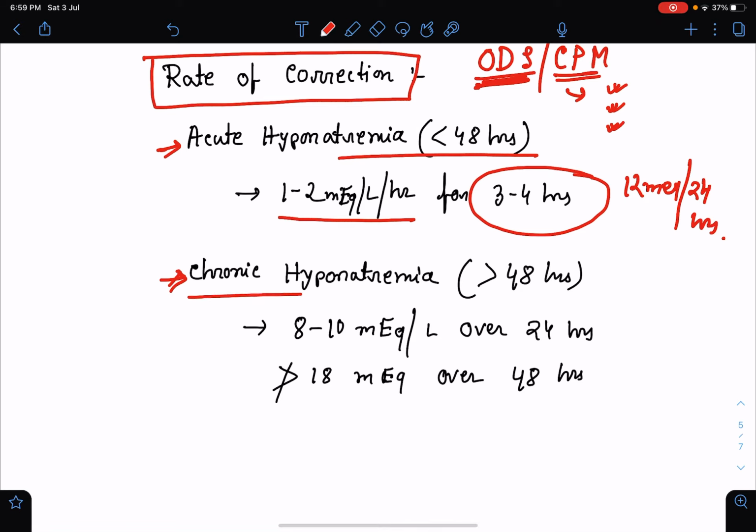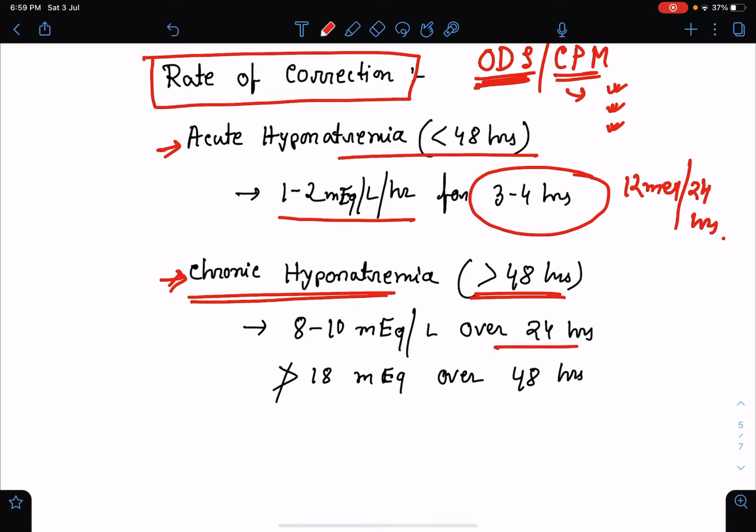If you talk about chronic hyponatremia, that means the hyponatremia has lasted for more than 48 hours. That means the onset of hyponatremia is more than 48 hours in duration. Then in that case, the correction should be slow. It is not like the correction of acute hyponatremia. In that case, for